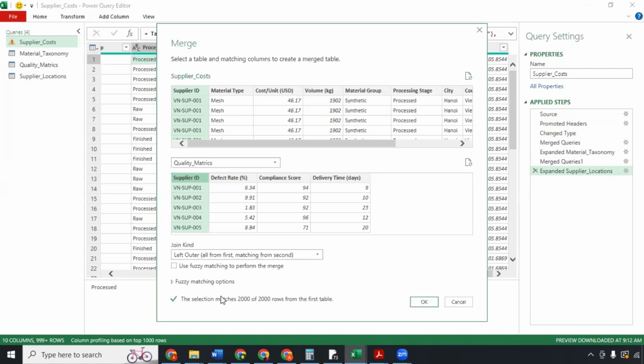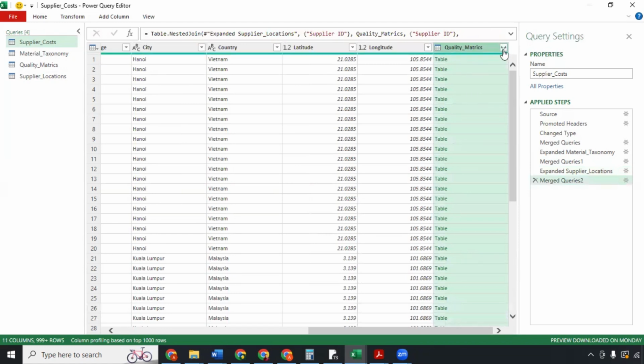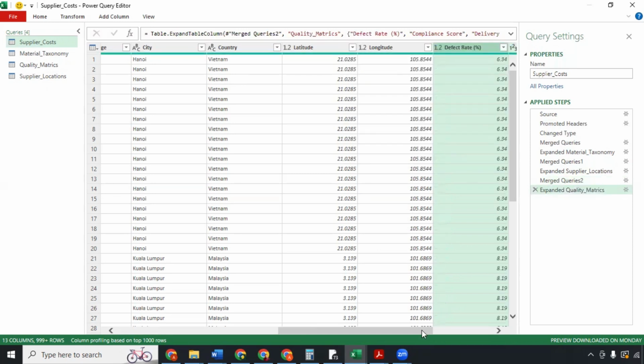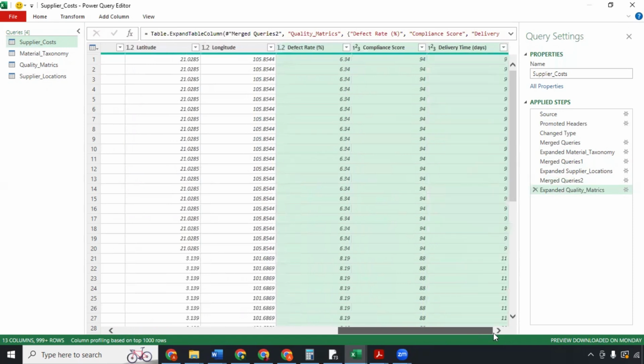Like I say, this just shows us that we have lots of duplicates, right? Because it's meant to be 100 of 100. So we will deal with the duplicates, okay? So click OK, and let us expand this as well. Click the expand button. We already have supplier ID. All we need from the quality metrics table is the defect rate, compliance score, and the delivery time, okay? So we deselect all and just check these three that we need. Always make sure, even though mine is not checked here, always make sure to look at this so that you uncheck it, okay? So click OK, and we've added that, the defect rate, the compliance score, and the delivery time